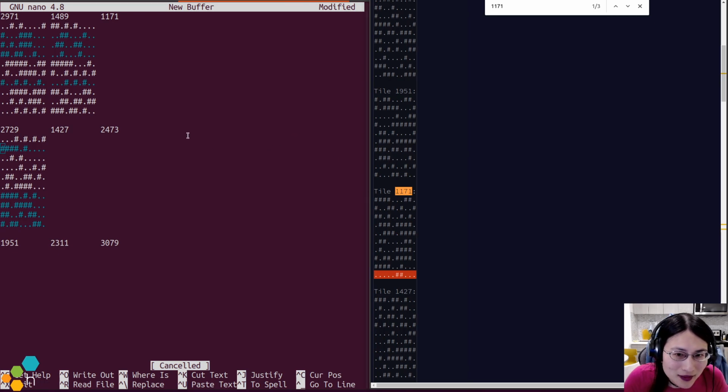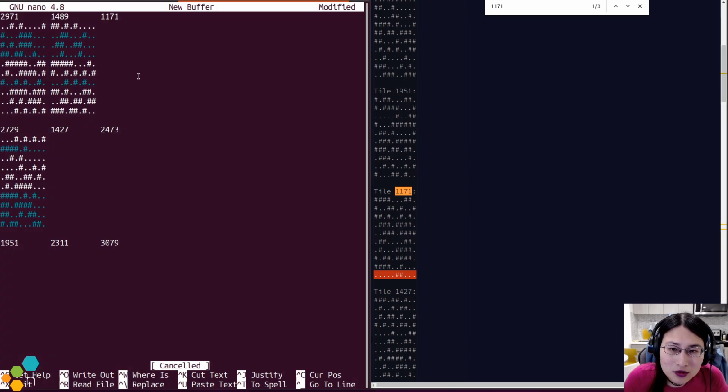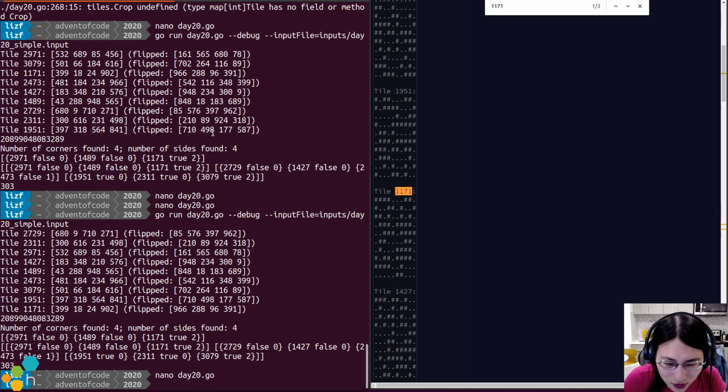So yeah, if I flip it, then I would have to rotate it twice as well, I think. No, if I flip it, I think it does the correct thing. So why does it think it was also rotated?